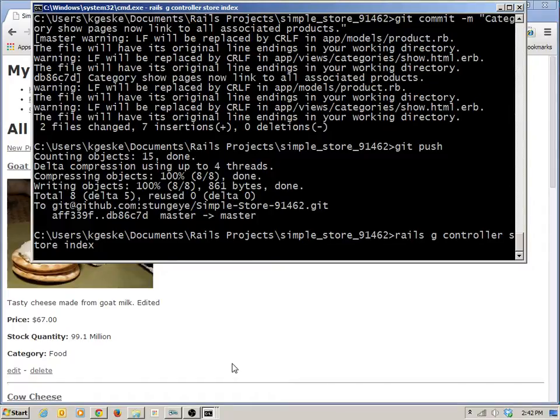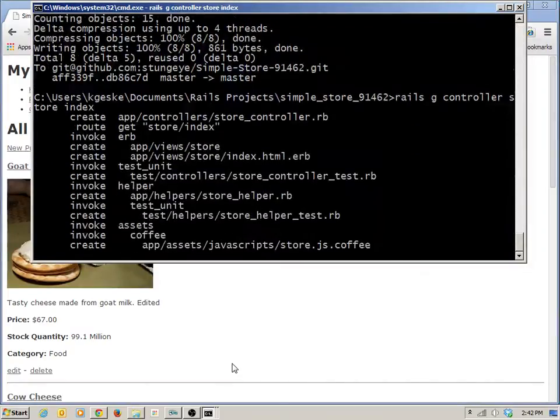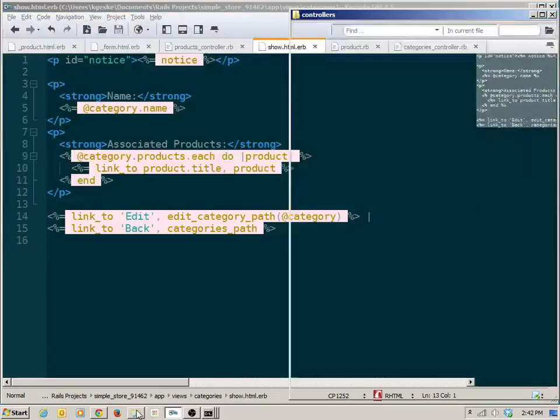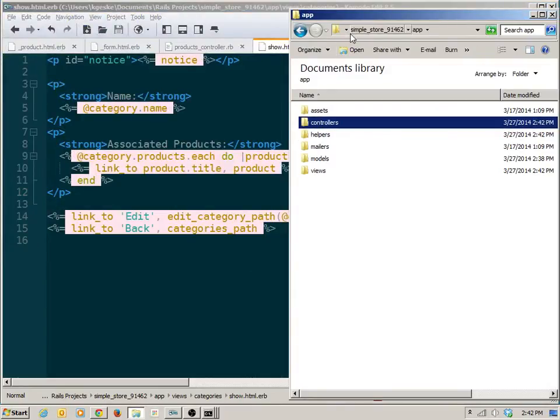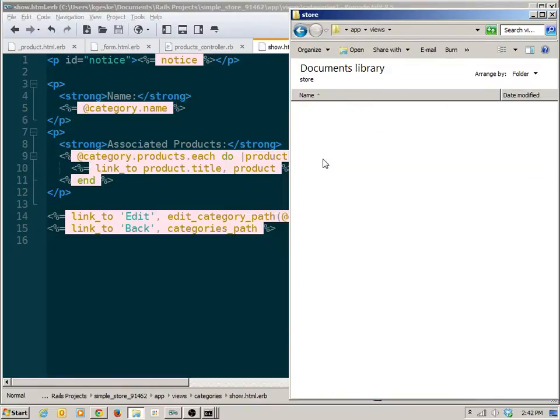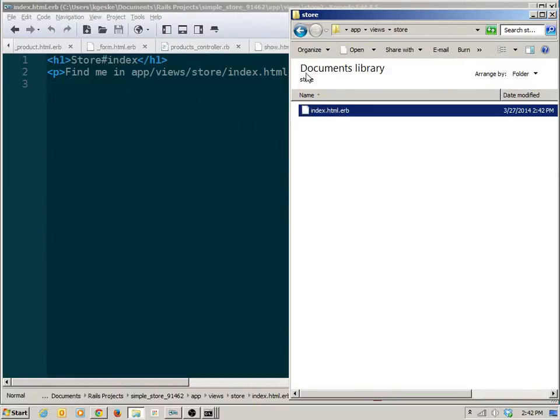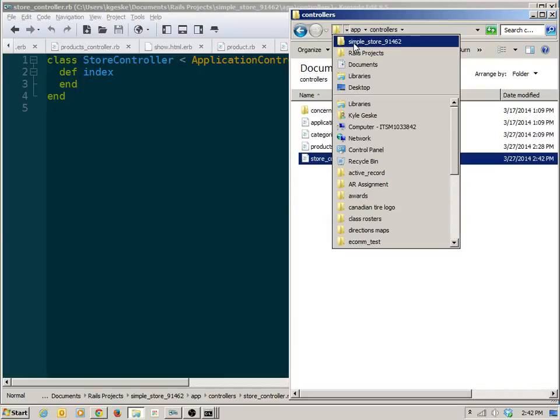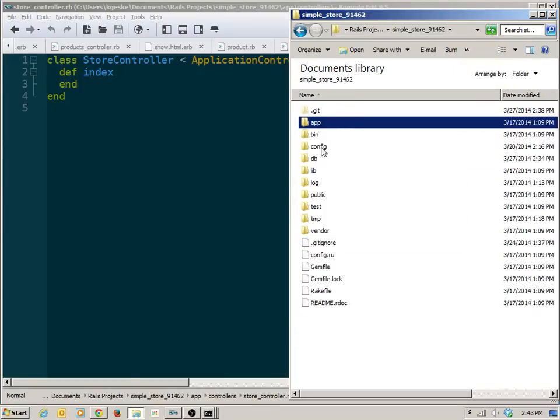So this will create for me a new store controller in my controllers folder. It'll create within that controller a single method for the action index, and within the store views folder, it'll create my index.html.erb. So I can open up that view. Here's the index view. I can open up the controller. There it is here. And I'm also going to open up my routing file,